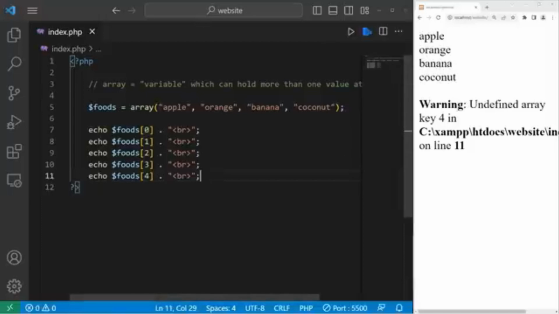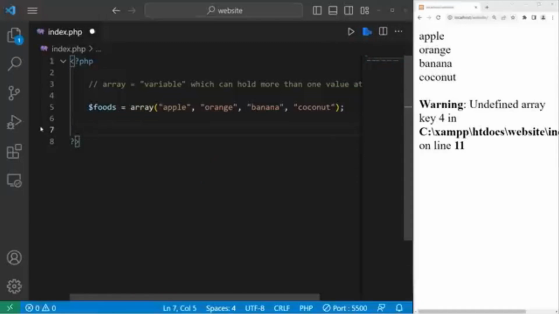If you need to display all of the elements of an array, there's an easier way of doing this instead of echoing every single element line by line. We can use a for each loop. For each, add a set of parentheses, then a set of curly braces. For each, take your array, foods,